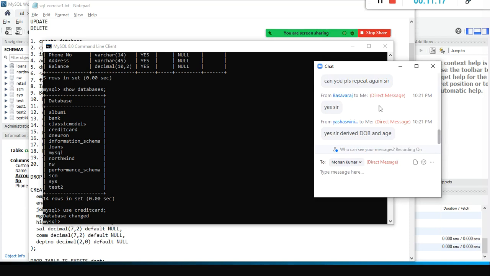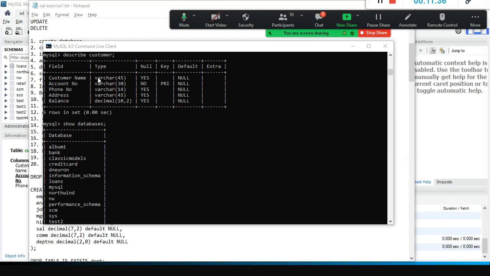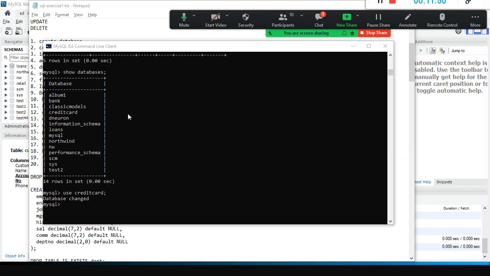Others, please bear with him. Yes, it's a derived date of birth, and yes, Ashwini, you are correct. We can create a date of birth column, a new column by the name of date of birth, and then we can create a date. We will see the date data type. So now we understood varchar is to store the character values, and we can use int to store the integer value, and decimal we can use to store the decimal values. It will have the integer and the decimal values in it.